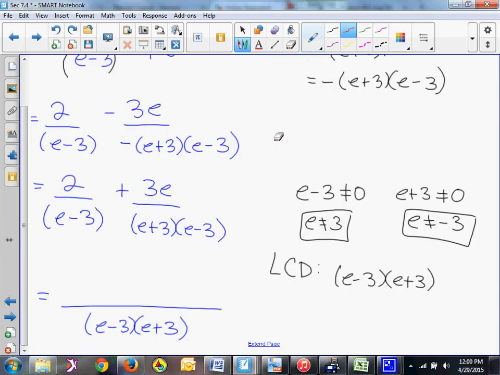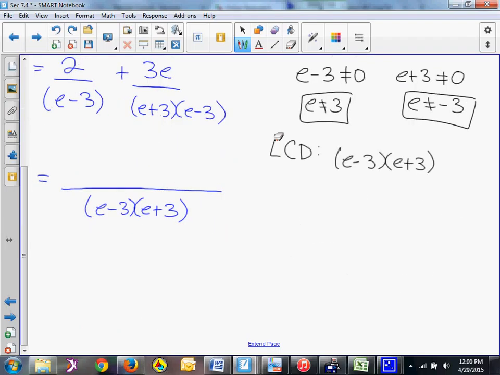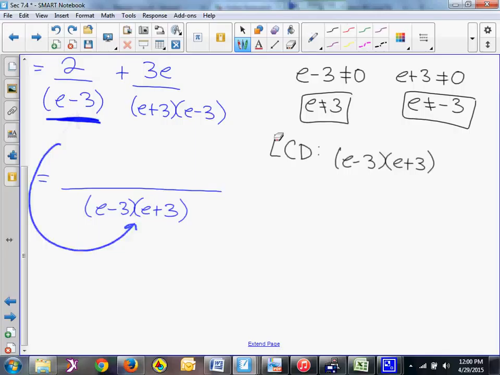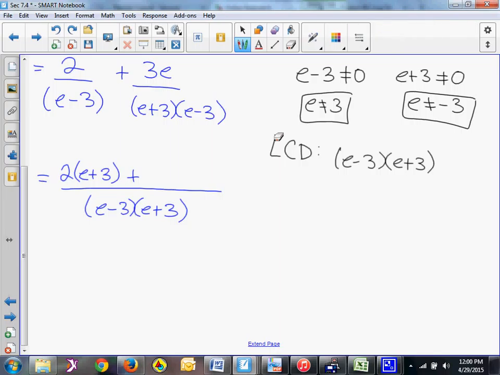Okay, so what I want to know is how to change e minus 3 into e minus 3, e plus 3. Well, I need to multiply my e minus 3 by e plus 3. So if I multiply the denominator by e plus 3, I need to multiply the numerator by e plus 3. So I already had a 2, and then I'm going to multiply the numerator by e plus 3. And I have plus,